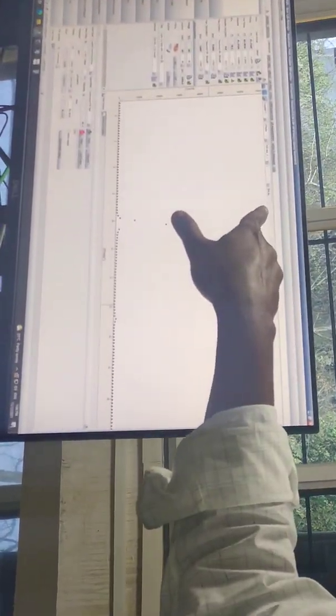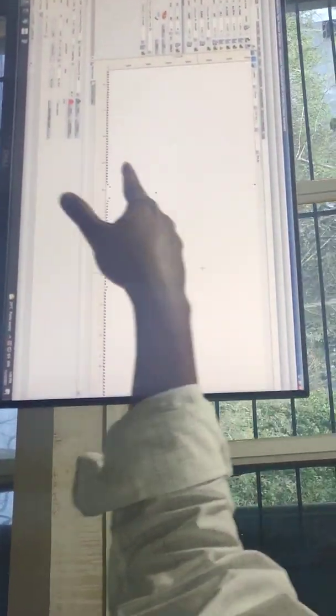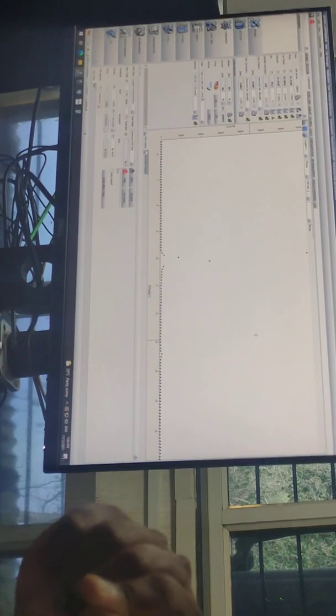You should have 6 to 9 data points above the full width of maxima. If you see the count here, the total count is 70,000. So half maxima is around 35,000. Above 35,000 I have only 1 point. So this data is completely nothing. It's useless data. If you want to do fitting and other things, then you cannot use this data at all.